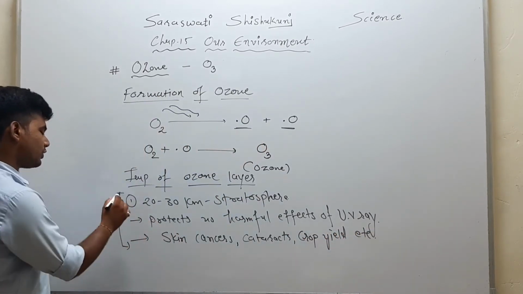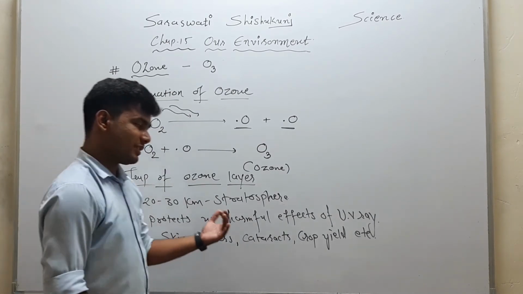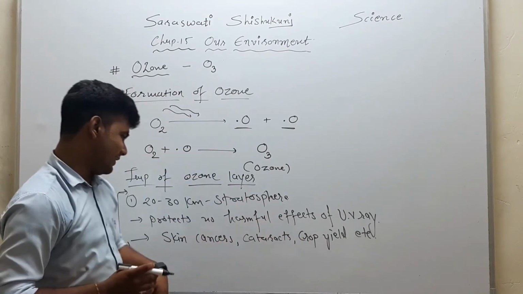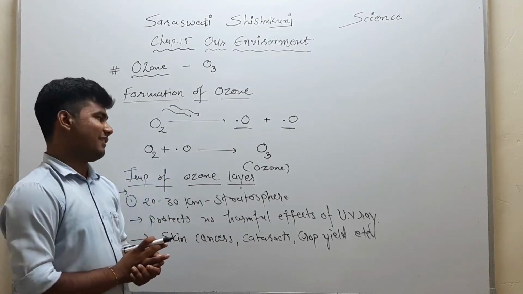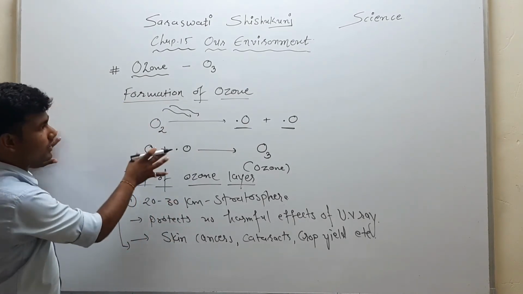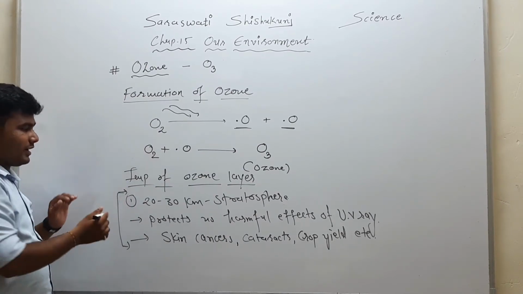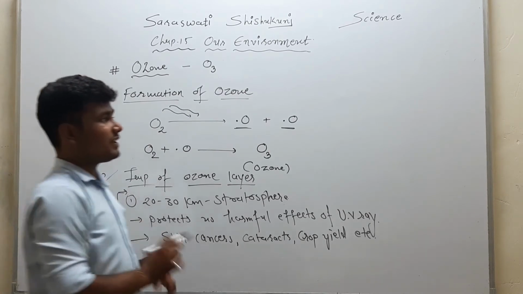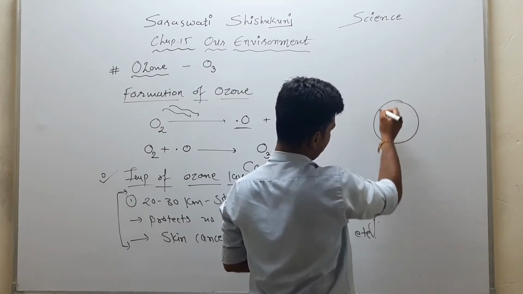So the ozone layer protects us from skin cancers, cataracts, different defects of the eye, and other diseases also. It protects us from different harmful effects of ultraviolet rays. So this way ozone is formed in our atmosphere and it forms the ozone layer, and this is the importance of the ozone layer. But as we all know, by some of the activities of humans,